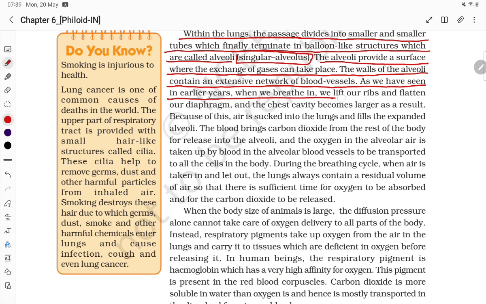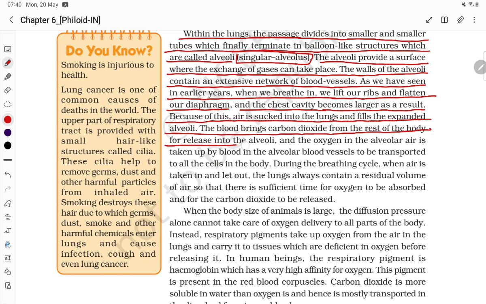breathe in, we lift our ribs and flatten our diaphragm, and the chest cavity becomes larger. Because of this, air is sucked into the lungs and fills the expanded alveoli. The blood brings carbon dioxide from the rest of the body for release into the alveoli, and the oxygen in the alveolar air is taken up by blood in the alveolar blood vessels to be transported to all the cells